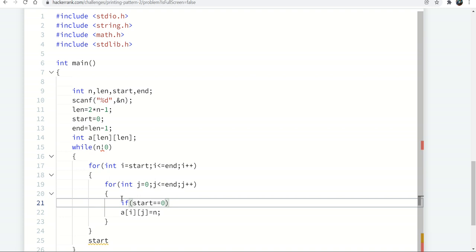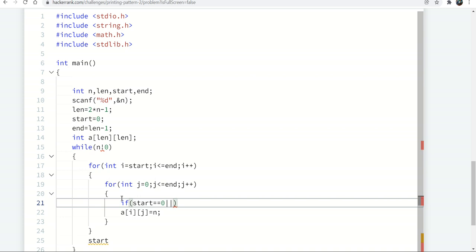So start equal to 0, or in this condition it will print these values, a of I, a of j equal to n. This will print, because ultimately for I equal to 0 it will print all the columns.